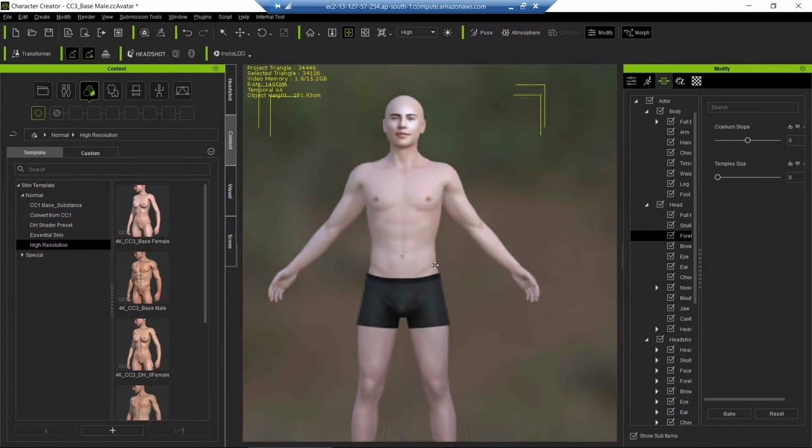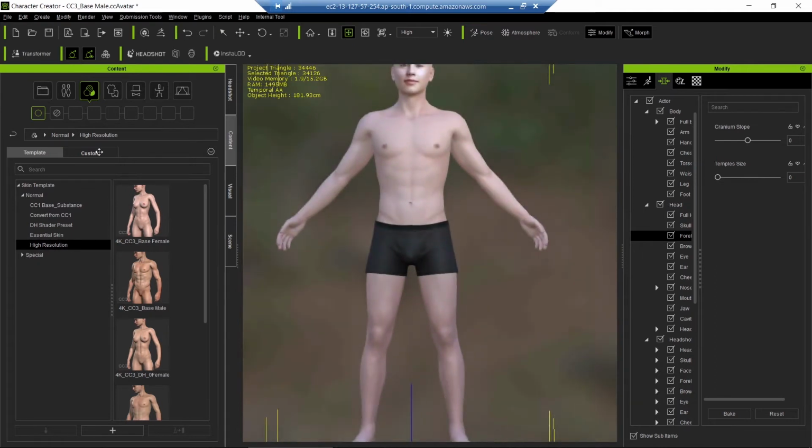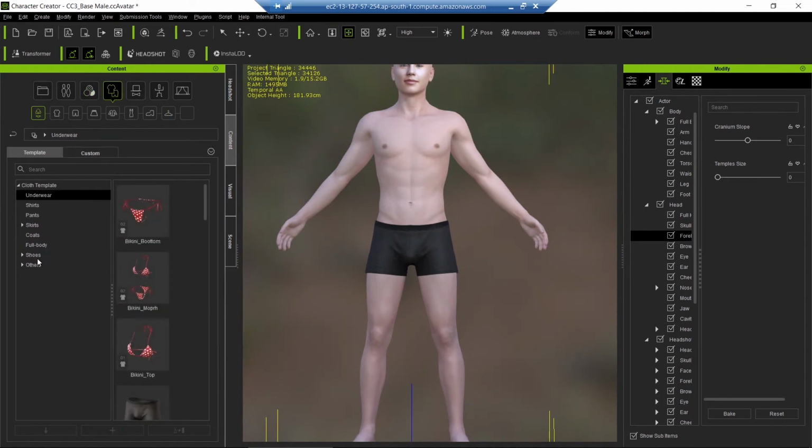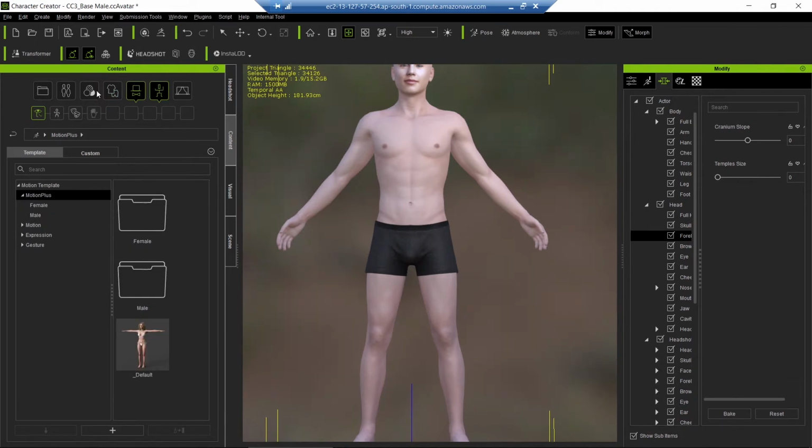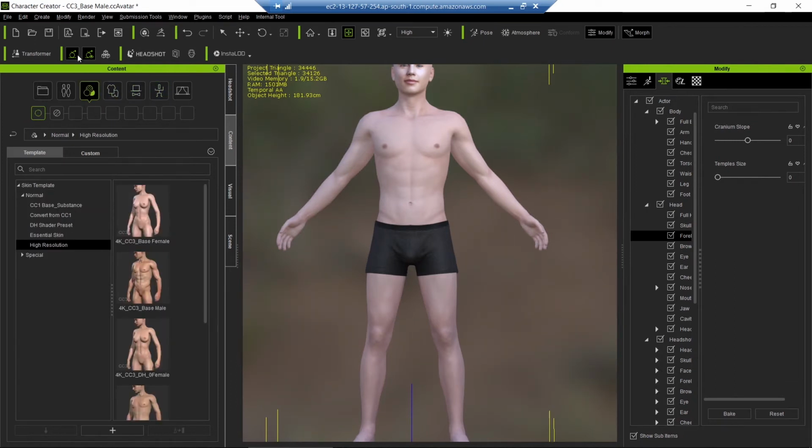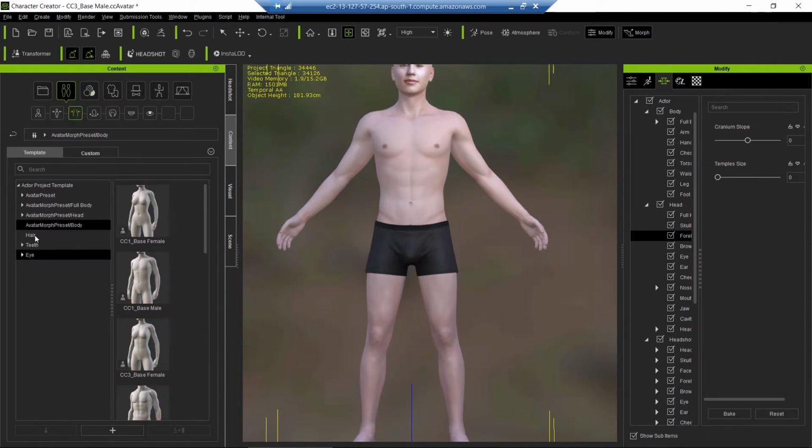And now we are going to work on some clothing. As I said, you do not have to apply any clothing, but first of all we are going to show you how you will be able to. And we have missed the part of the hair. So this is the hair part here, and now we can apply the hair on our body.